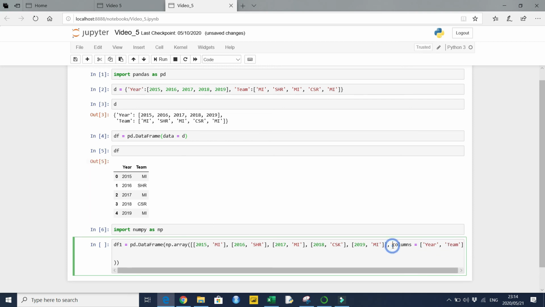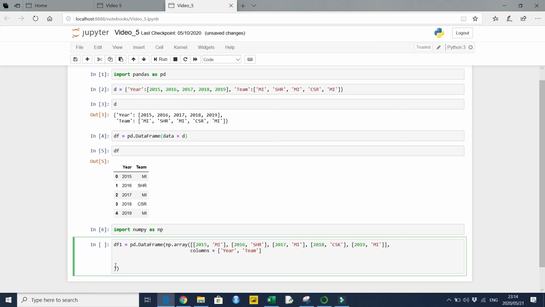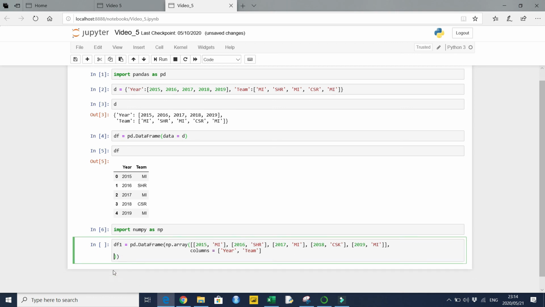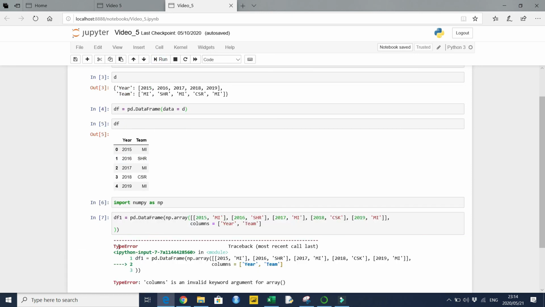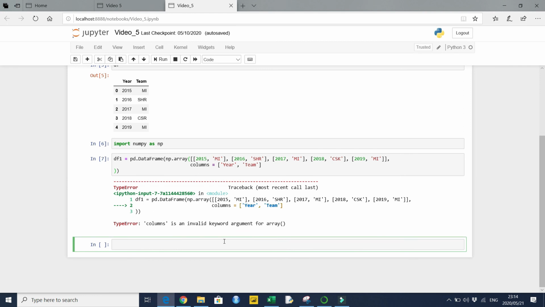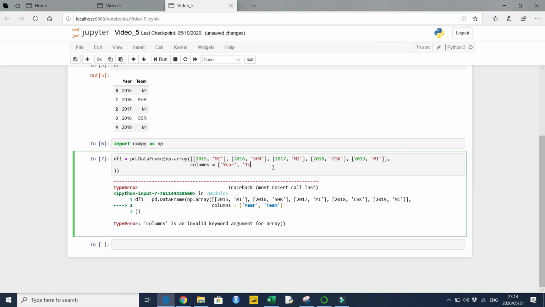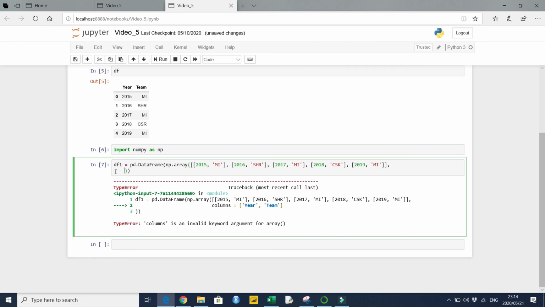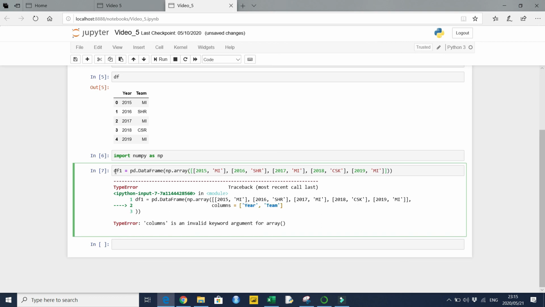I can bring this down here and then just close this, and now let me run my DataFrame, and that did not run successfully. It's complaining about something. It says columns is an invalid keyword argument for array. So what it's telling me is that I put my columns argument, which was meant for DataFrame, inside the numpy array, and I can see that now. That second last bracket, that inner bracket, belongs to the numpy array,